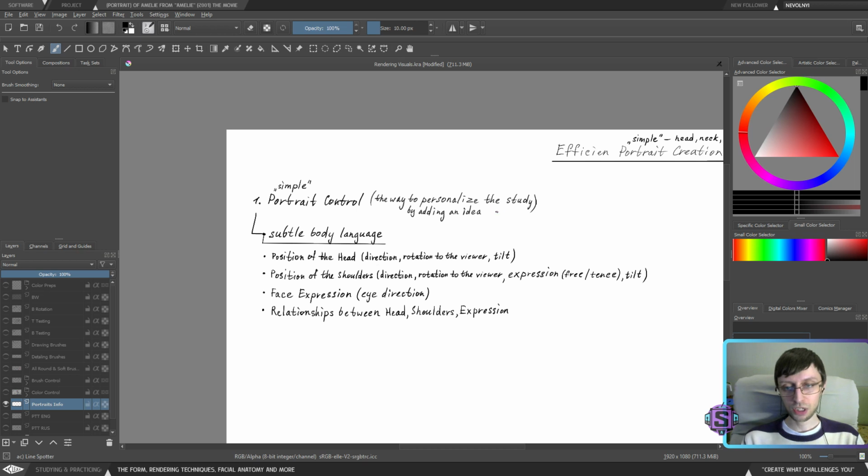And I guess in most cases, this is more than enough to control the psychology of the portrait. So instead of just studying it aimlessly, as most artists are doing, not necessarily aimlessly, they usually have some reasons for studying portraits, they kind of just go into this repetition study mode, and they are learning something along the way, but it's not 100% efficient.